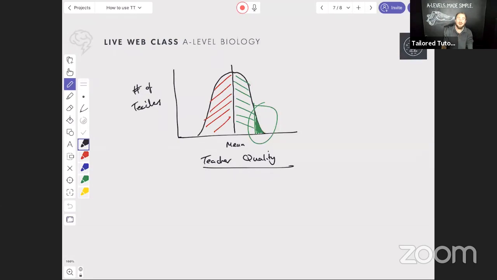But this also applies to teacher quality. Half of your teachers, or 49% of your teachers, will be above average and great. Some of them will be exceptional teachers, like up here in the very top 2% in the country. The other 49-plus percent of you are going to have a less than average teacher. And for those of you in this bracket,